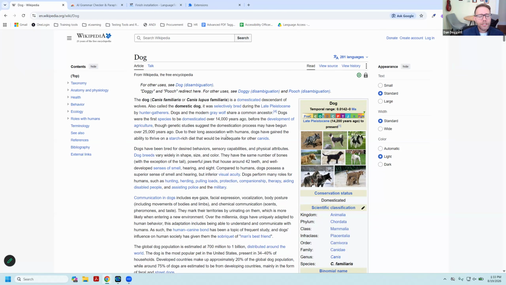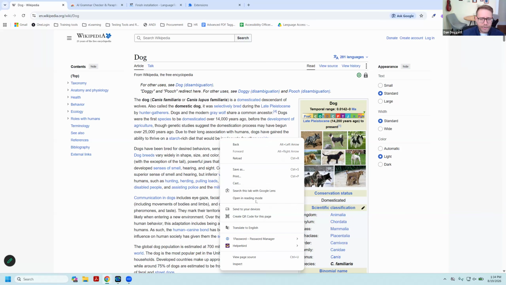Actually, before I get to browser extensions, there is one other thing that I want to talk about, and this is not an accessibility setting. This is more specifically a setting within your browser itself. I know that most browsers have what's called a reading mode, and I believe in Chrome it is literally called reading mode. If I right-click on a website, down here in the middle it says open in reading mode. So if I open this up,